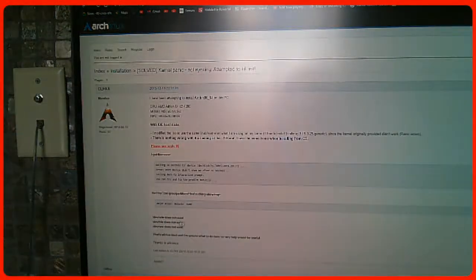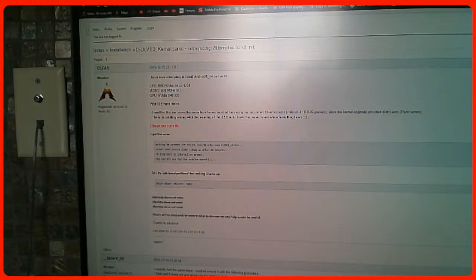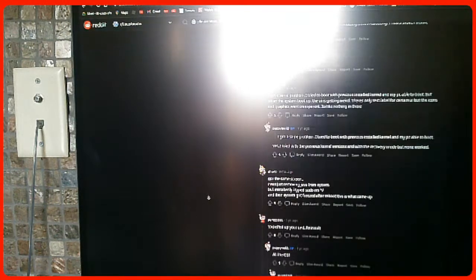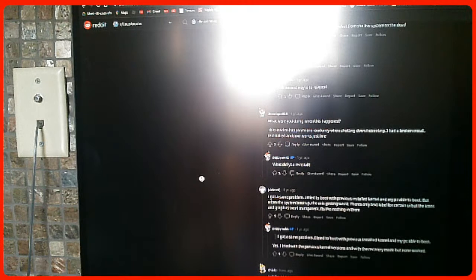Where is it? Maybe it's here. No. Maybe it's a new one. I had the same problem. I tried to boot with the previous installed kernel on my PC and was able to, but when I boot, the UI is getting weird. Only text left.